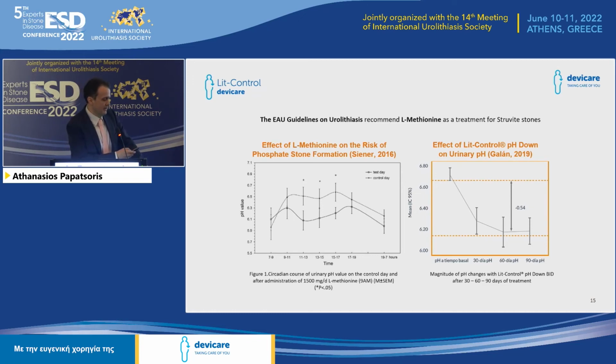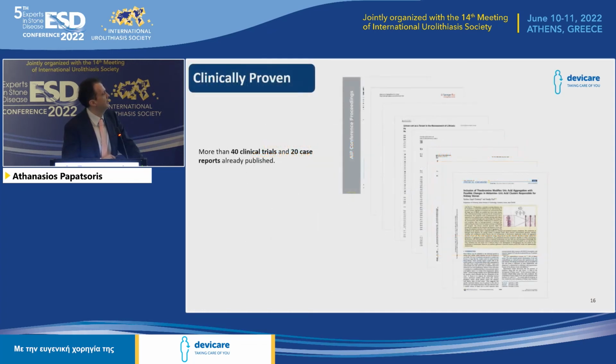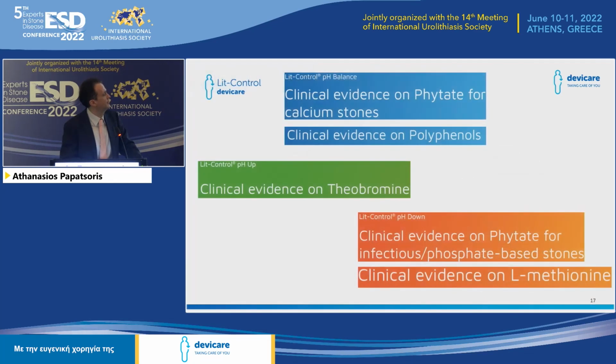So methionine is well known, but we are not very familiar with the doses in other products. With this product, we are quite happy. And we are quite happy even because we have many studies with these products. We have over 40 clinical trials and 20 case reports. And we need evidence to prove the efficacy of these products. And this is necessary not only for arguing the pros and cons, but also to persuade urologists and persuade our patients to actually take these over-the-counter products. So to summarize,